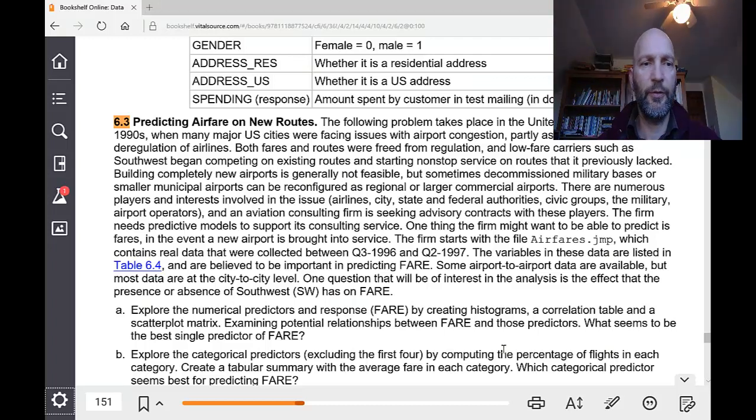All right, in this video we're going to go through problem number 6.3, which was assigned last week for homework, so you should be somewhat familiar with it. We're trying to predict the fare of flying on an airplane, and we've got a bunch of data points, including fare, and that's going to be our response variable, and we want to use these predictor variables or explanatory variables to